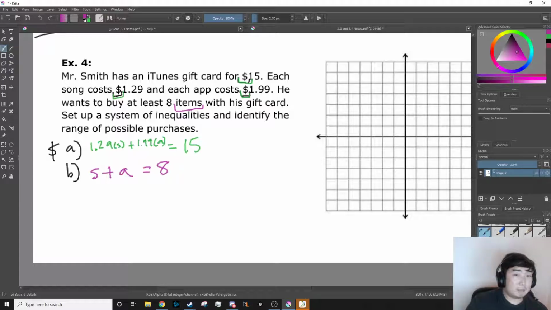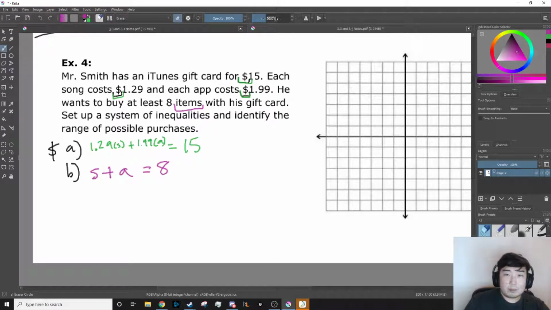But I'm not done yet, because I made these as equations, but I want to make them as inequalities. He has $15. So can he spend $15, or can he spend $15 and a penny? He can only spend up to $15. So really,